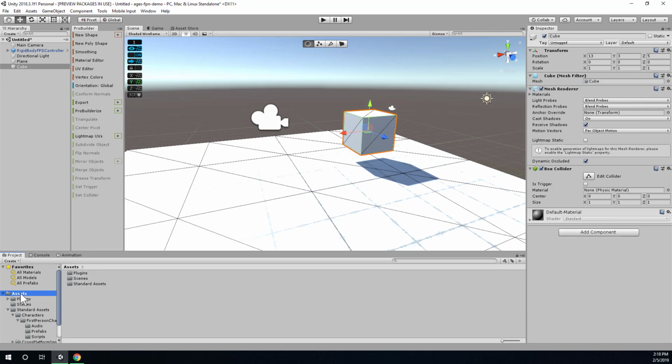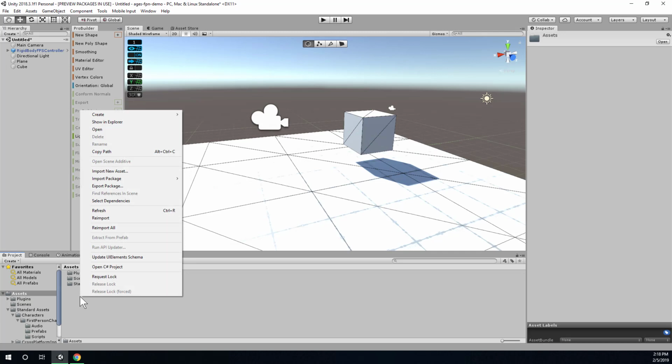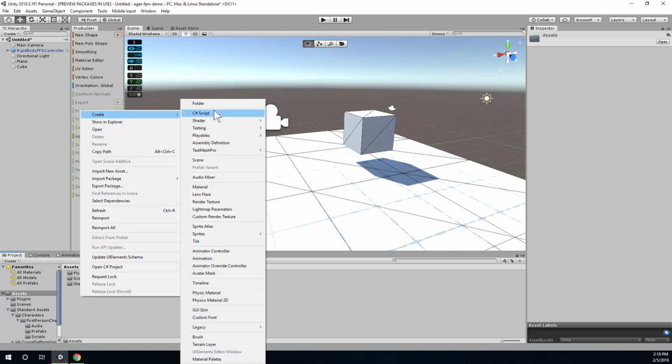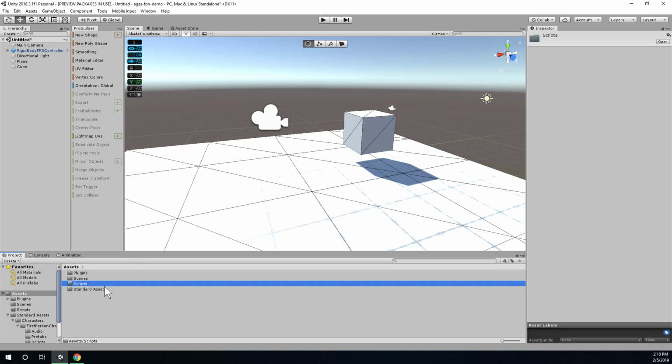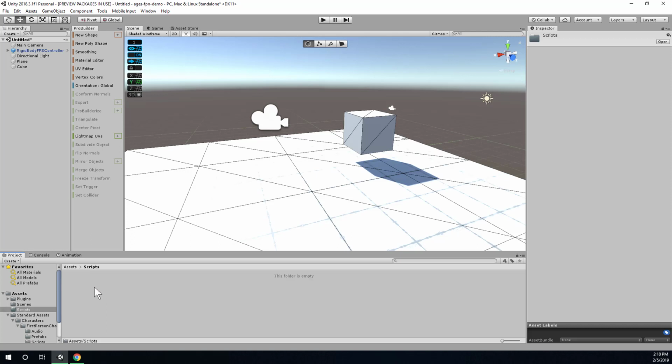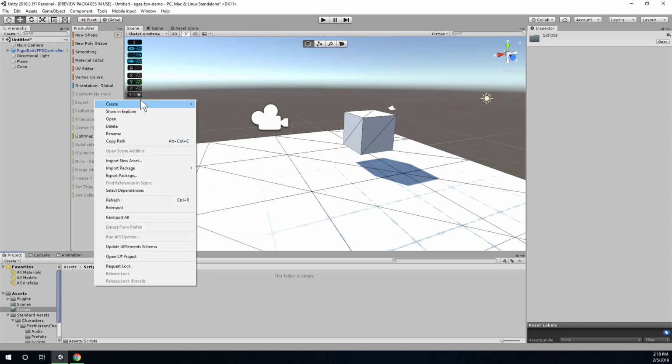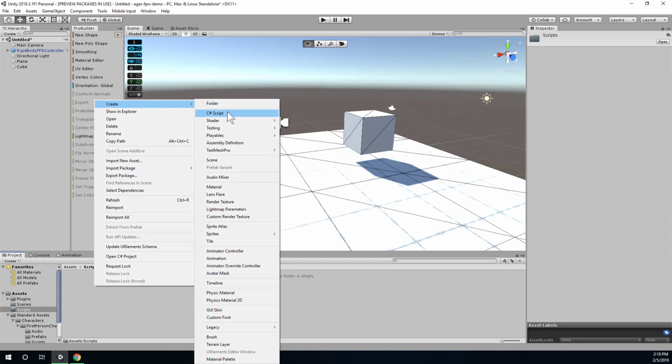So in your assets directory here, go ahead and right click, create a new folder, and let's call it scripts. We want to make sure we stay in the habit of making folders for each category of asset in our game. Inside of the scripts folder, go ahead, right click, and create a new C# script. Now,